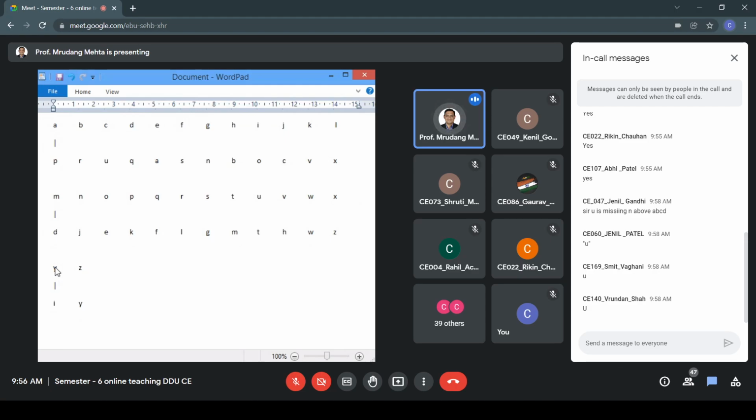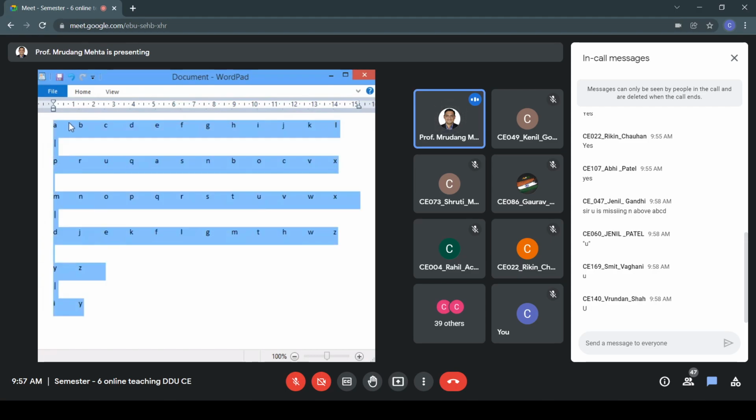Okay, so you got the point. A is mapped to P, B is mapped to R, C is mapped to U, E is mapped to A, I is mapped to O. This way, this mapping is done randomly.